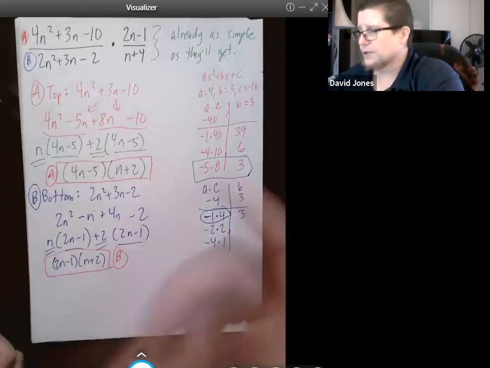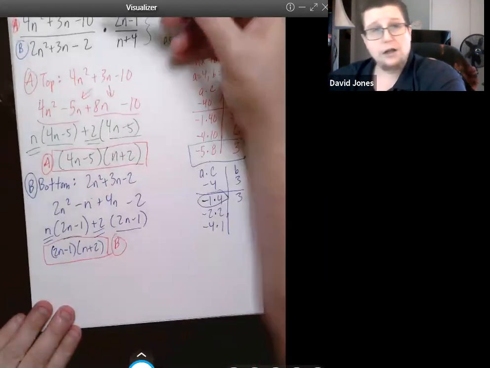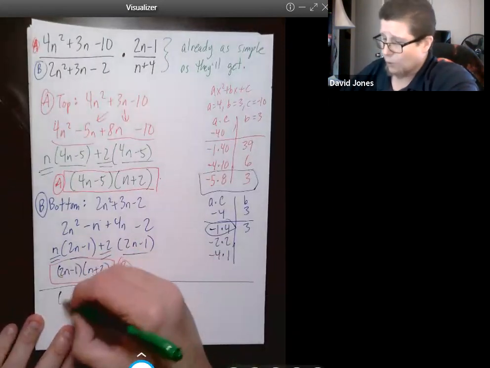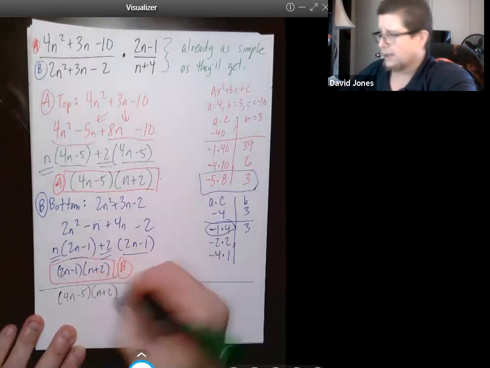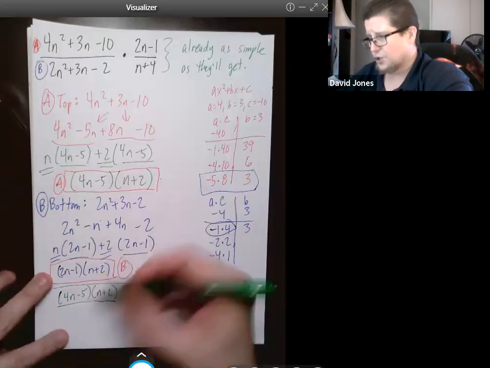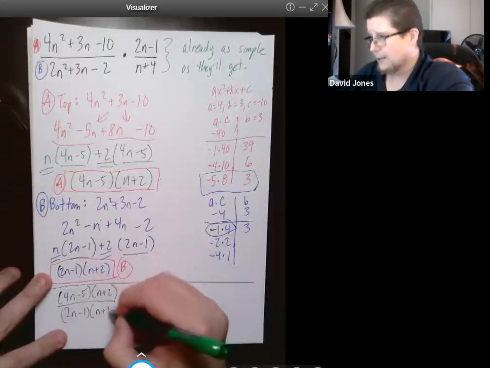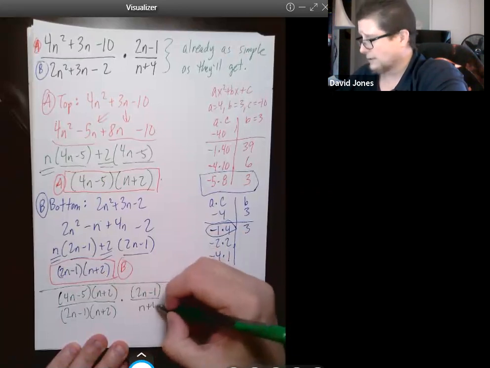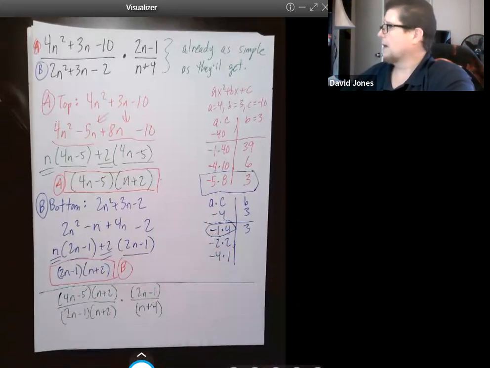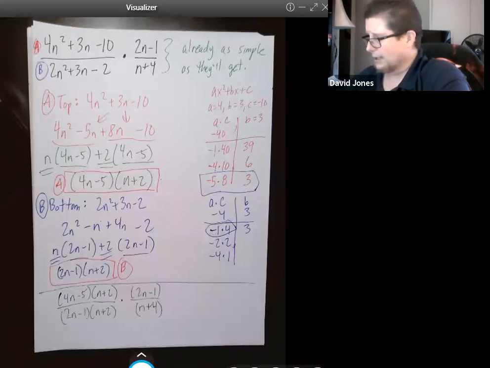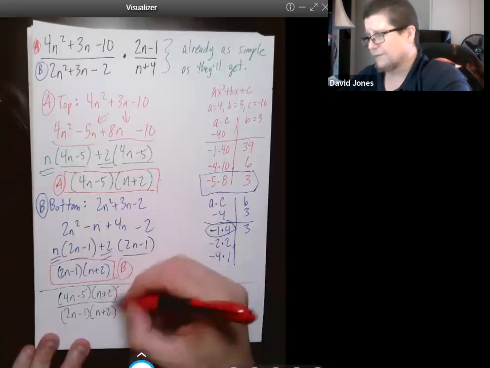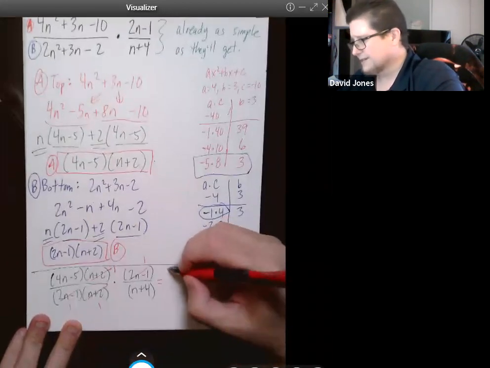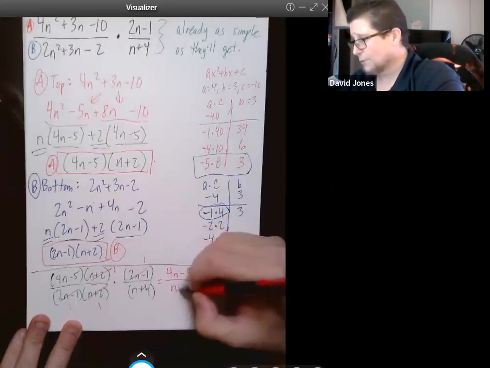And so now I'm going to go back up to the top and replace those two trinomials with what I had. So the top becomes 4n minus 5 times n plus 2. And the bottom is 2n minus 1 times n plus 2. And I'm multiplying by 2n minus 1 over n plus 4. And we can try to cancel. It looks like an n plus 2 cancels from top and bottom, leaving behind a 1. The 2n minus 1s cancel, leaving behind a 1. This simplifies to 4n minus 5 over n plus 4,